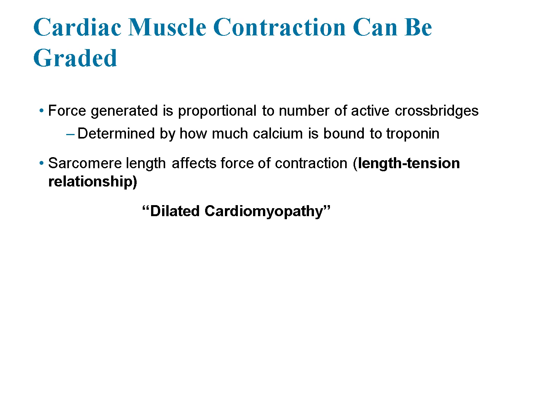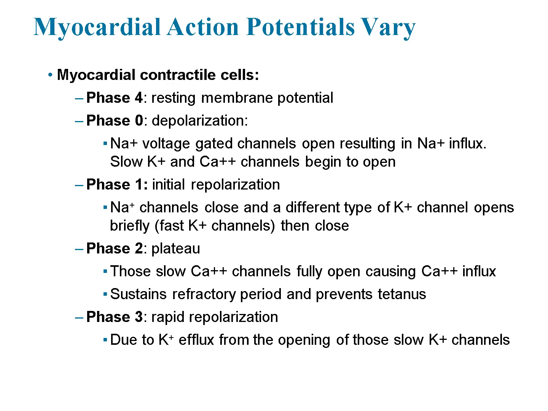the body's circulatory demands. The electrical activity of myocardial contractile cells follows a distinct action potential pattern, which ensures effective contraction and prevents sustained muscle contraction, known as tetanus. This process occurs in 5 phases, each characterized by specific ion movements. In phase 4, the cell is at its resting membrane potential, maintaining a stable voltage until an action potential is